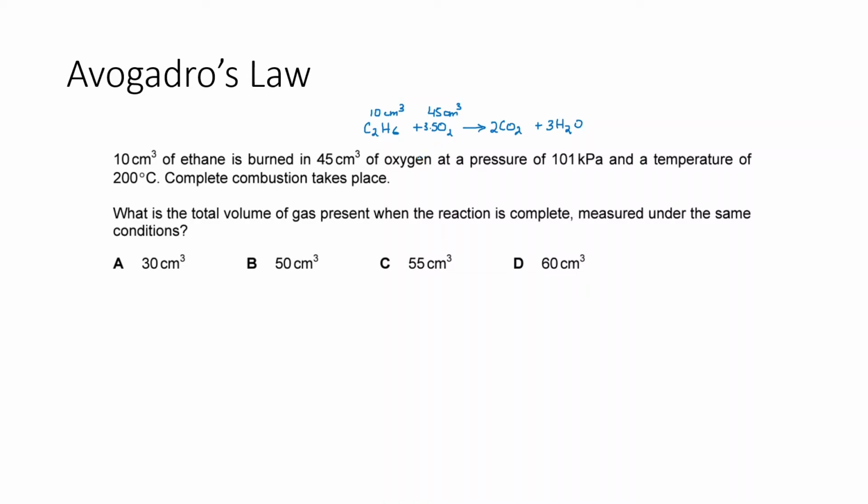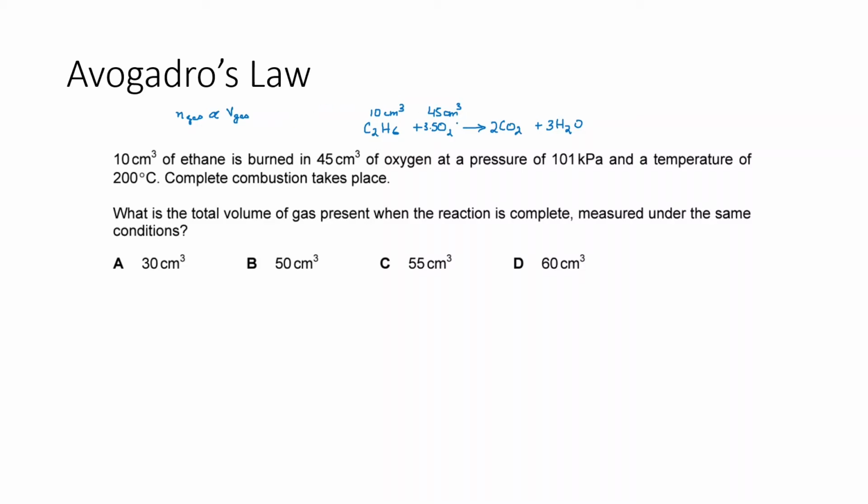You can directly work with volumes because Avogadro's law basically states that if you have 1 mole, it occupies 24 cubic decimeters at RTP. If you have 2 moles, you will have 24 times 2, which is 48. And so that basically means that moles of any gas is directly proportional to the volume of that gas,